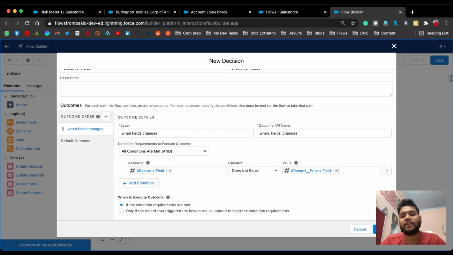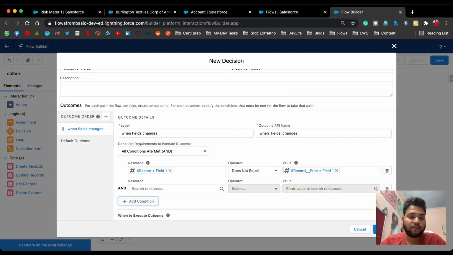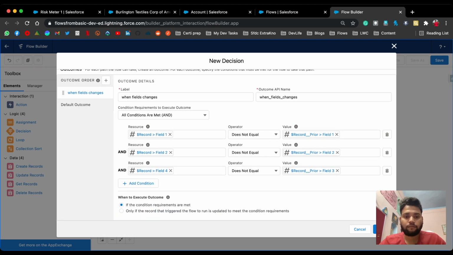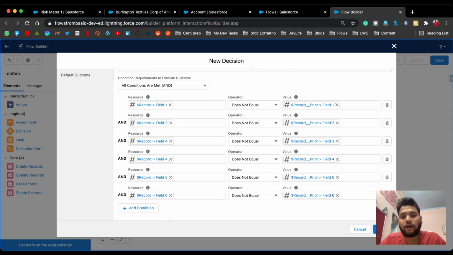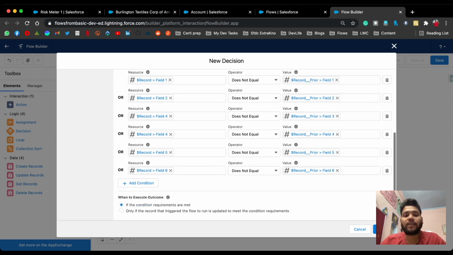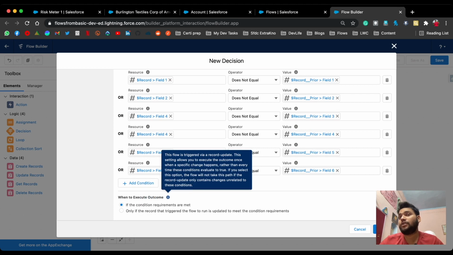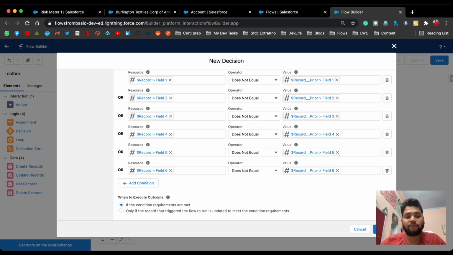Similarly, you need to add all the remaining 5 fields. Now you can see all the 6 conditions are added, and instead of and you need to select or, because when any of the fields is changed, the sum of these 6 fields gets changed. Here you can also see a new Summer 21 feature: if the condition requirements are met and only if the record triggered the flow.